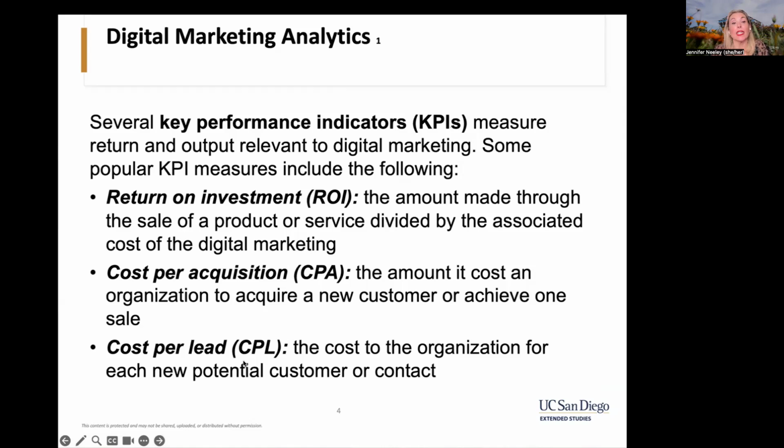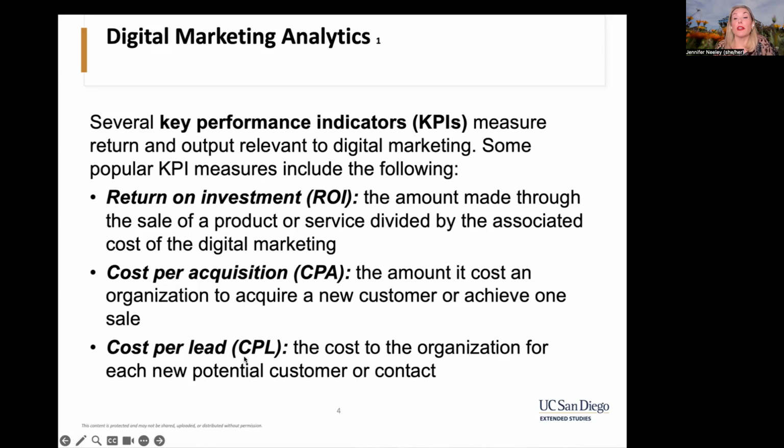Your cost per lead is the cost to the organization for each new potential customer or contact. So that might be every inquiry made through a chat bot, contact us form, or other form on your website, a DM on your social, a connect through. It can also be things that aren't necessarily monetary value, like follows on social and other places if you consider those good conversion sources. So again, they would need to be places that are part of your lead funnel and how you've defined where customers are coming from.